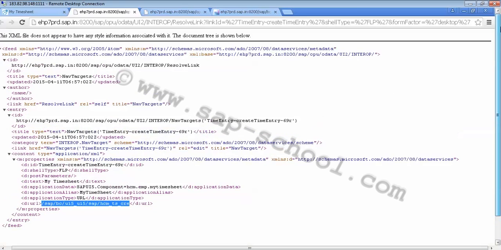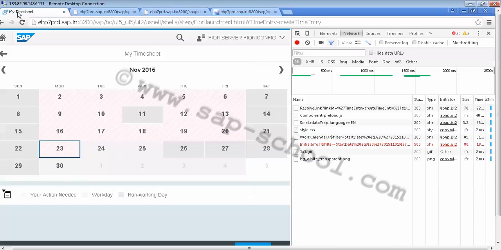Now if I go back to the My Timesheet app and look in the network tab, we can see the third call was for the metadata. In this metadata, my OData service name is SRA002 timesheet SRV. Now let's go to the transaction for maintaining the service.